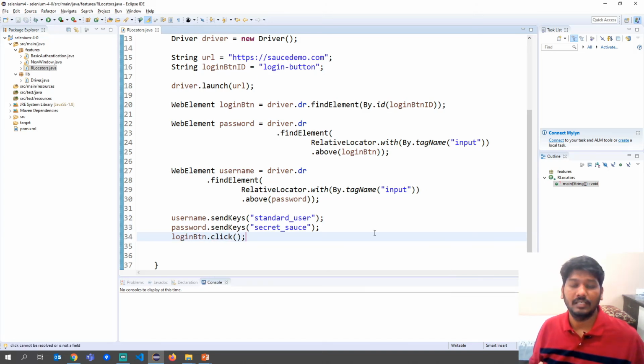That's it. Here we have only tried to get an XPath or maybe an ID attribute of one object, and using the relative locators we are finding other objects. So this helps us not to worry about the XPaths. This is a simple application that I'm showing you. We may have to explore more on complex applications also. So now let us execute this and see if it is working fine or not.